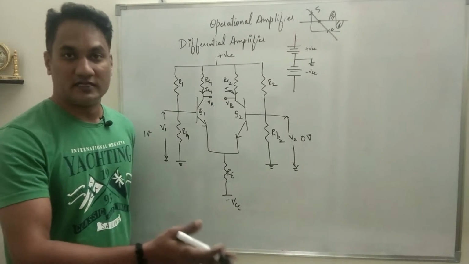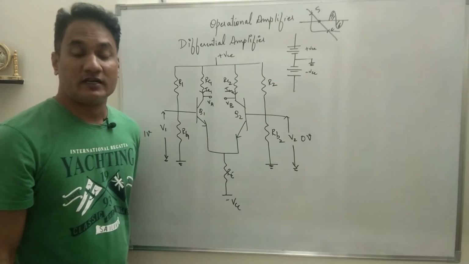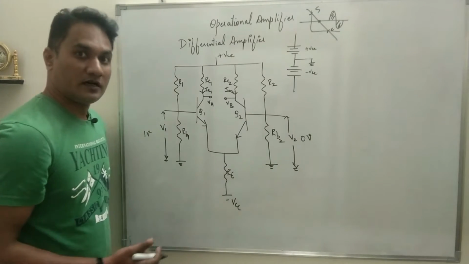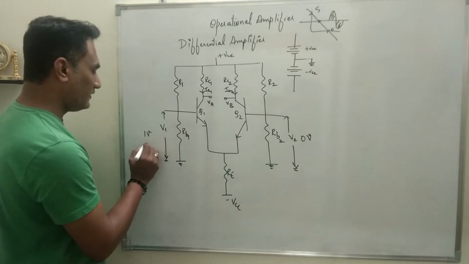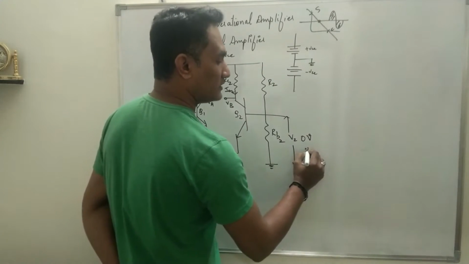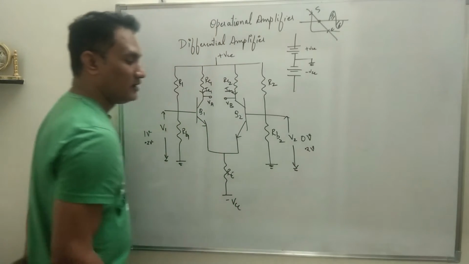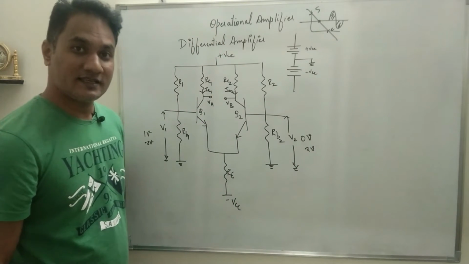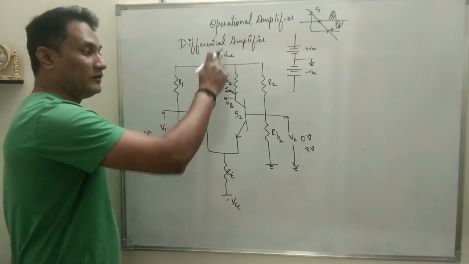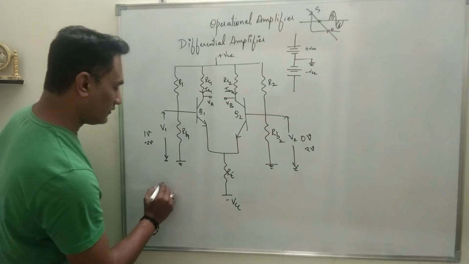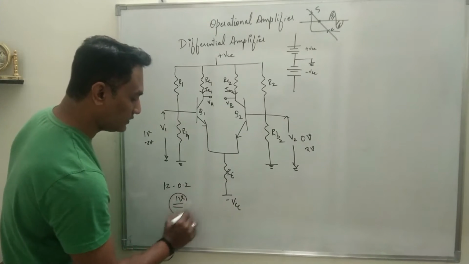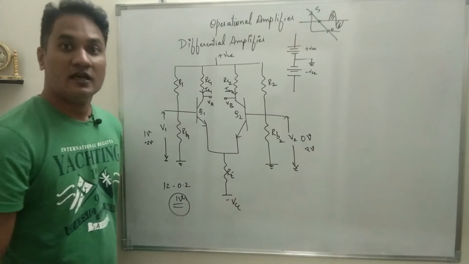Okay, that is what we have mentioned in the second disadvantage of direct coupled amplifier. So it can pick up a small voltage. Say if it becomes a small voltage, say 0.2 volt, that 0.2 volt will be common for both the inputs in this case, and the output will be the difference. The amplified output will be the difference between the two. So it will be 1.2 minus 0.2, that will be 1 volt. The signal which is going to be amplified will be 1 volt.